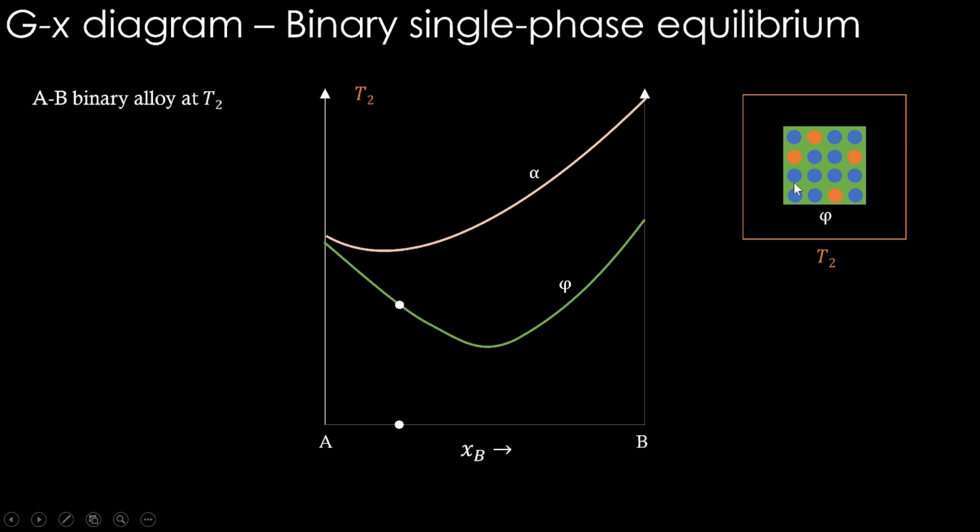Here we have this material existing in phi phase, and you can see why based on the Gibbs energy versus composition plots at this temperature. For this composition we see that this phi phase has the lowest Gibbs energy, and if you draw a tangent to this point you will see that there's nothing below that tangent. Therefore this phi phase will be the stable phase. That's what you see here. Now this is at T2.